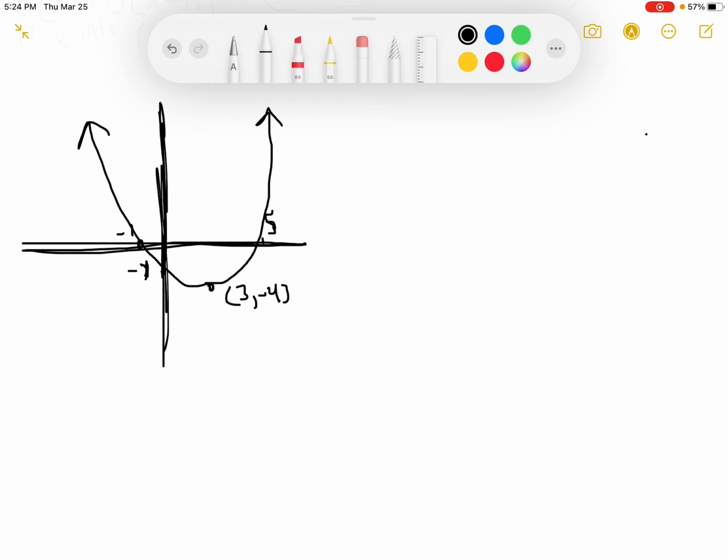So now we need to create an equation. Well, what's the easiest way to create an equation? So remember there's 3 kinds: standard, vertex, and factored. Which one would we want to graph? Well, it would be easy to do vertex or factored because we know the zeros and we know the vertex. We do know the y-intercept,